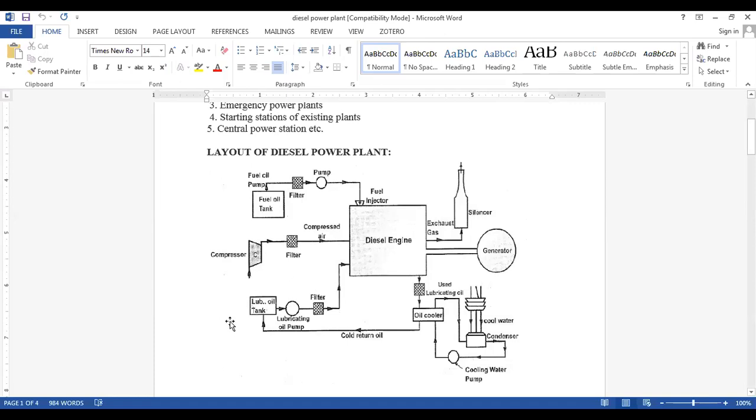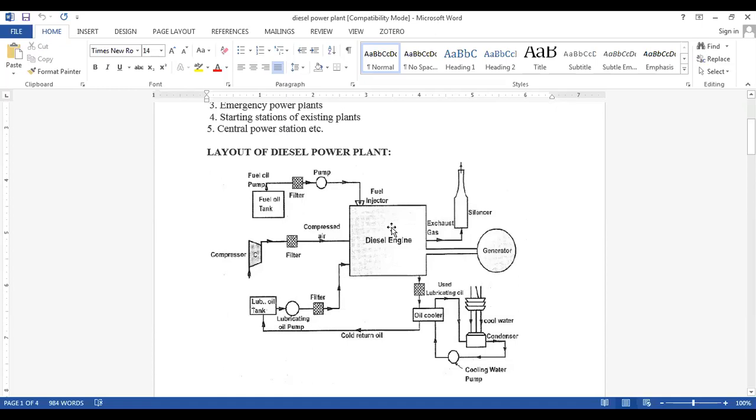Then there is the lubricating oil supply system. This lubrication oil is needed for the internal parts of the diesel engine, as all the parts are mechanical. The lubrication is necessary to maintain the friction within limits. So there is the lubrication oil tank. Then a pump takes the oil from the tank, and it is filtered and